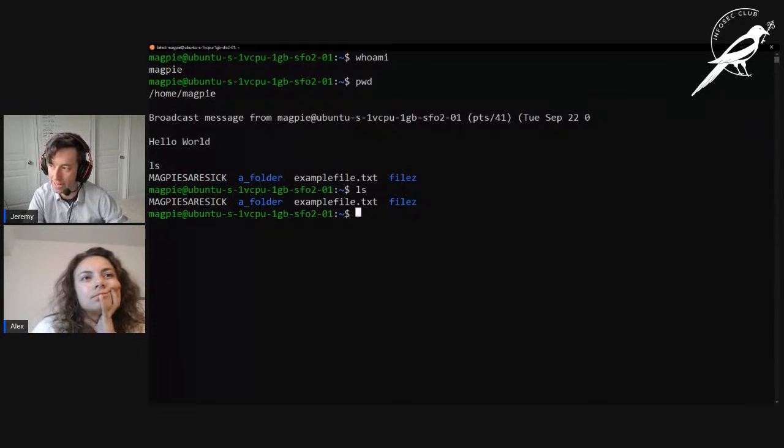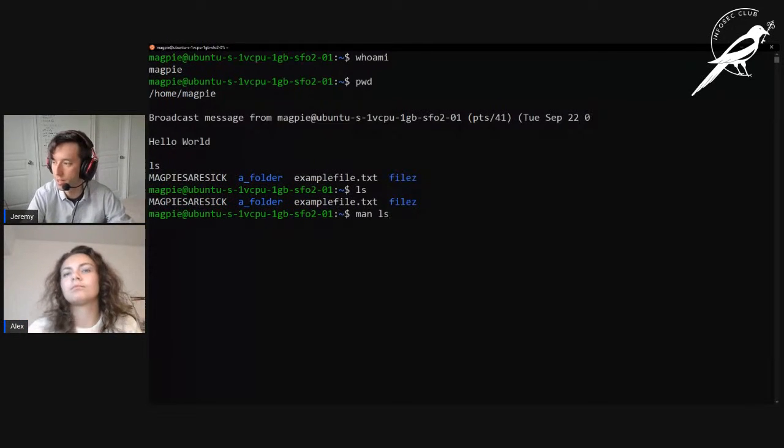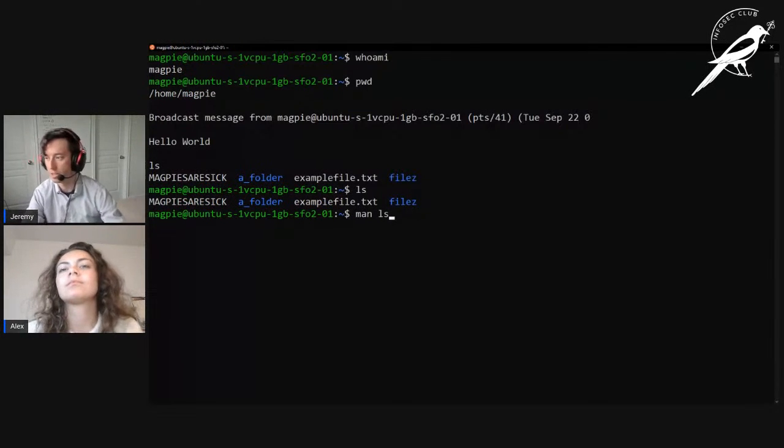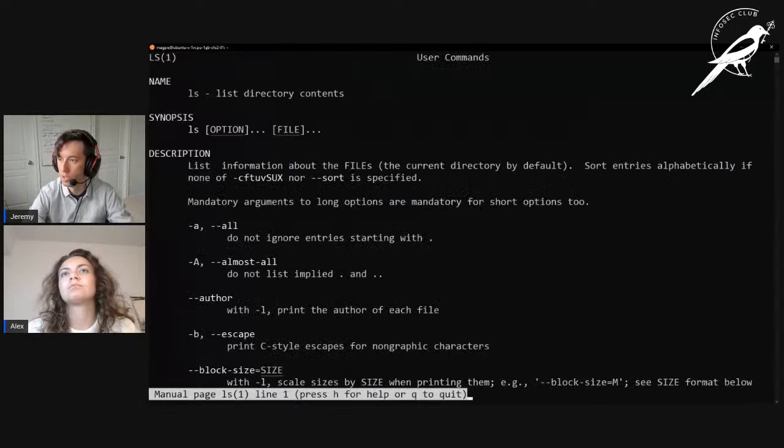There are things called flags that we can use with ls. Flags tell the command what you want it to do if you want it to do anything special. We can find them by typing man ls. Man stands for manual. It'll teach you about the commands. If you put man and then any command, it should bring you something like this.